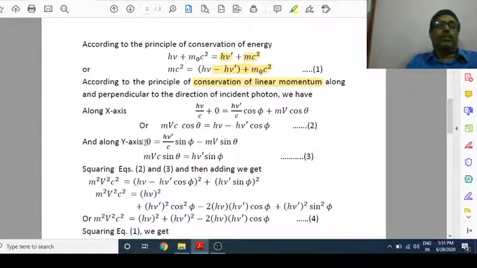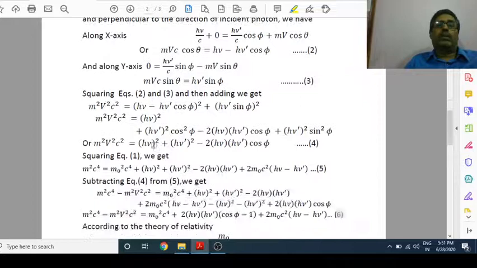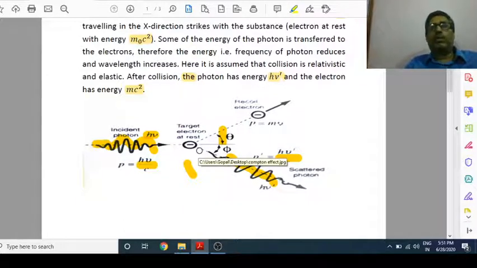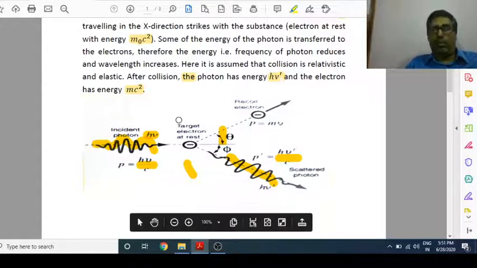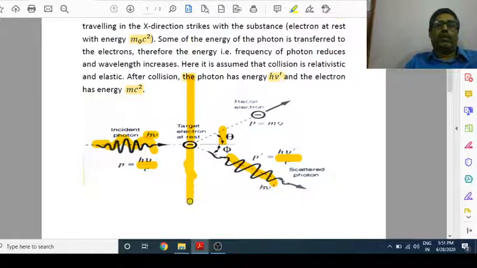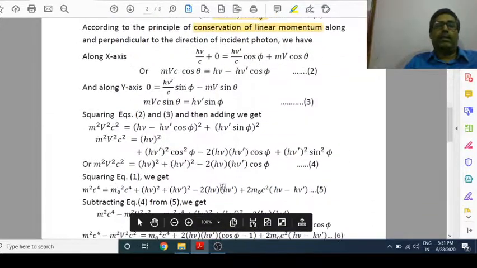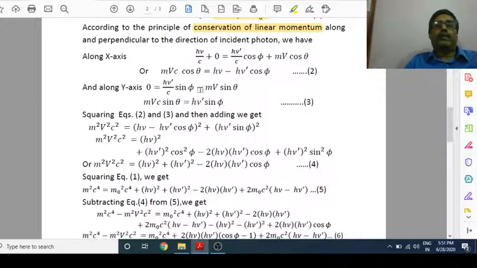Now we take the component along the y-axis. You can see in the figure, the photon is traveling along the x-axis, meaning no component along the y-axis. So before collision it is 0. After collision we take the component of momentum of the scattered photon this side. Obviously it will be a sine term. So see here 0, this one, and this is negative because negative y-axis, and it will be mbc sin theta is equal to this one, and here mbc cos theta is equal to this one.